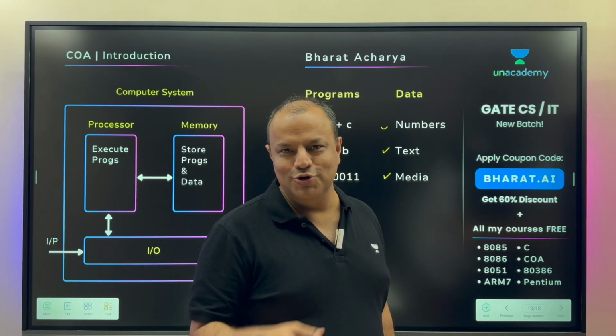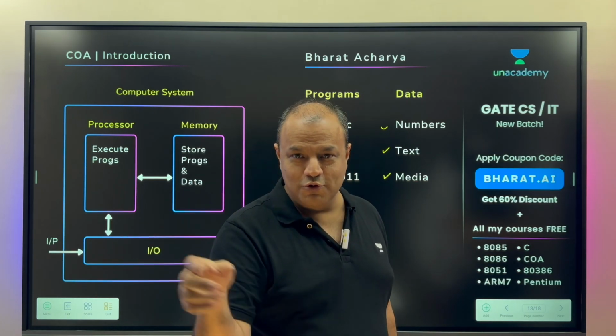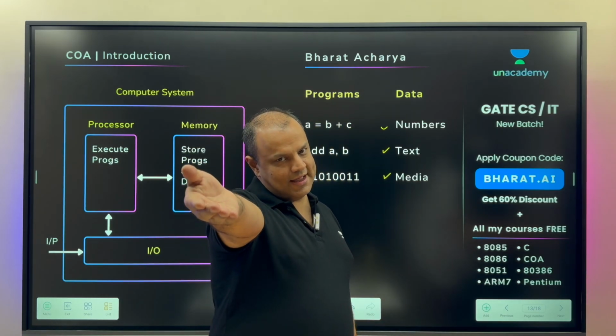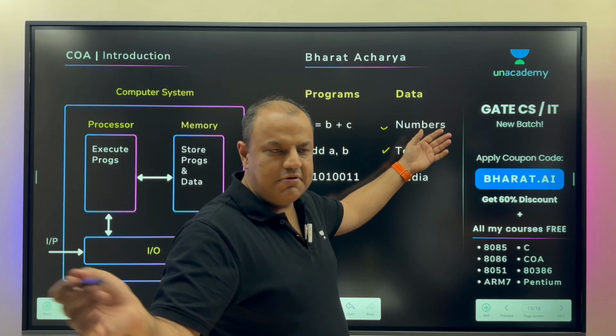But I'm sure you know division by 2, and to convert a hex into binary, just make sets of 4. You know those things, right? So any number can be converted into binary. Any decimal or hexadecimal number can be converted into binary. So if it's numeric data, it straight away becomes binary.